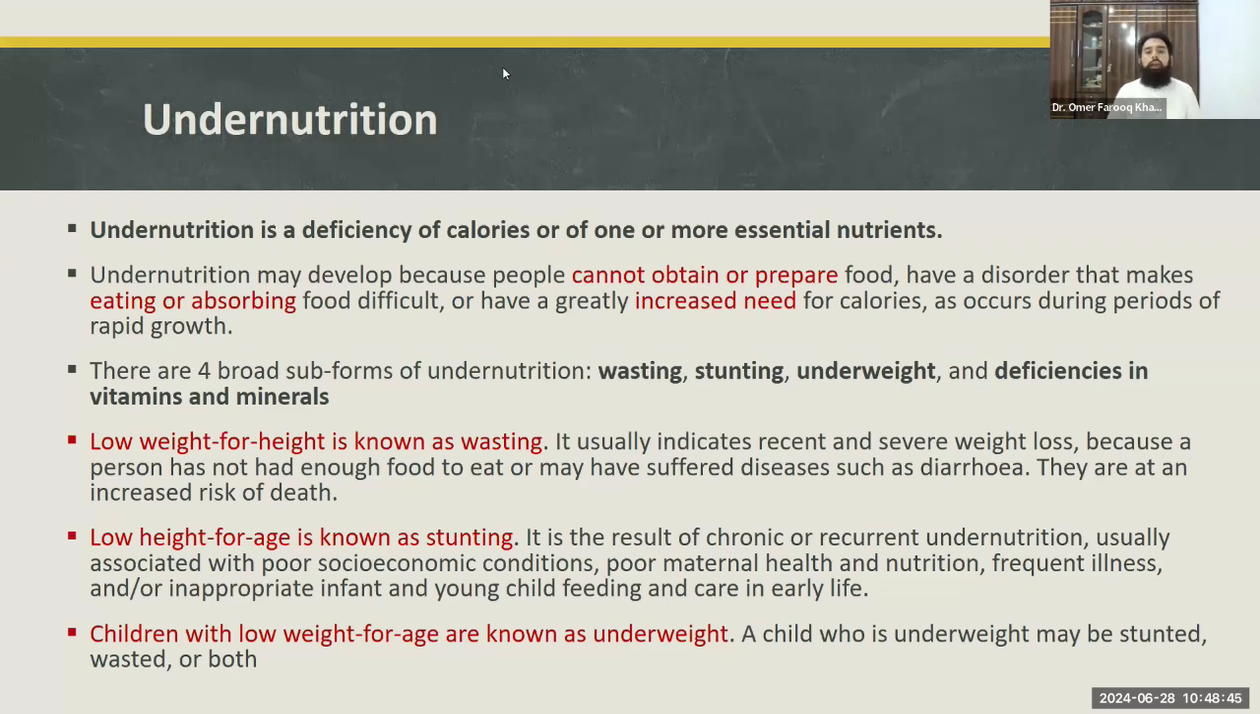Low weight for height is known as wasting. If a child has normal height but is underweight, then that child is suffering from wasting. It usually indicates recent and severe weight loss because a person has not had enough food to eat or may have suffered diseases such as severe diarrhea. If a person suffers from chronic diarrhea for more than 3 weeks, he starts losing weight